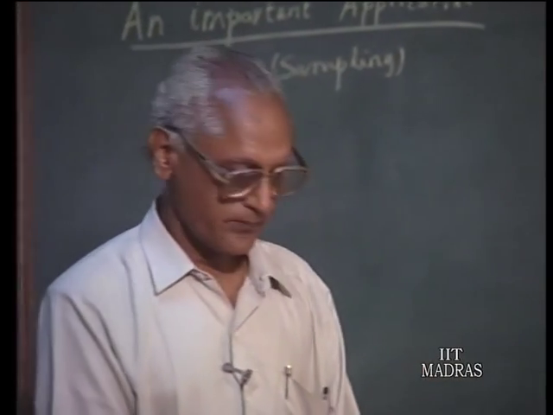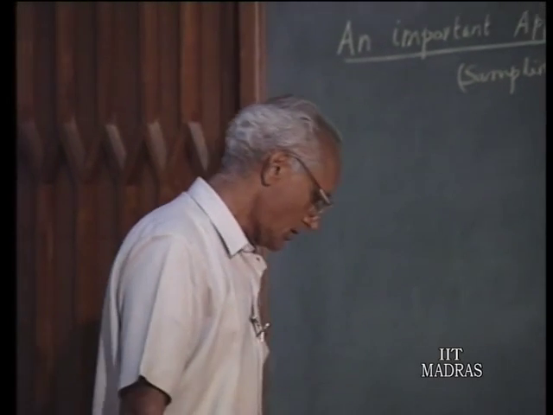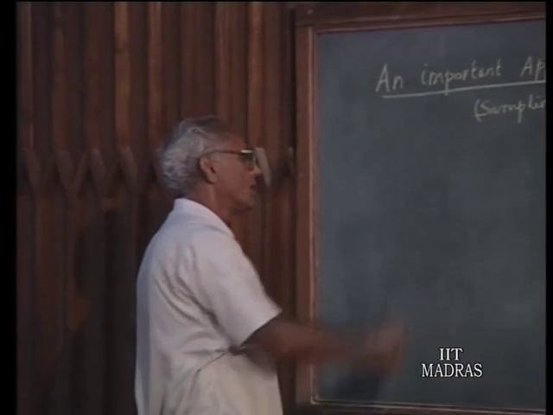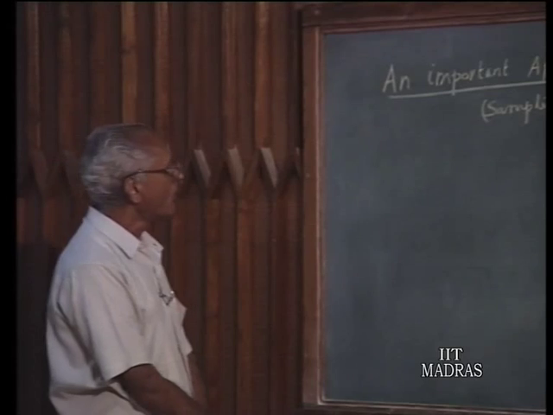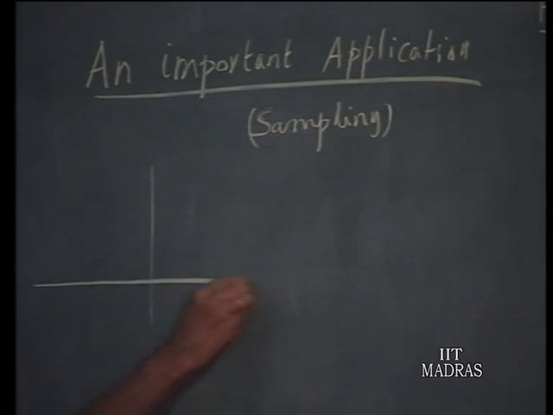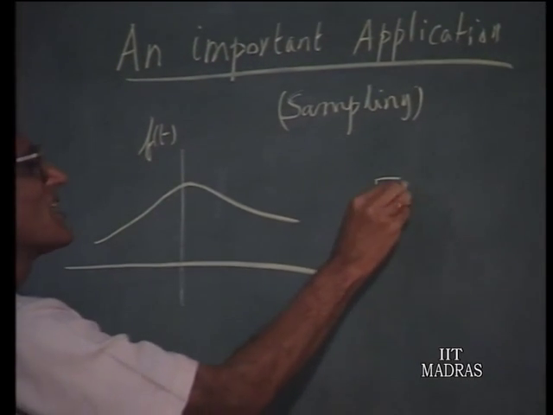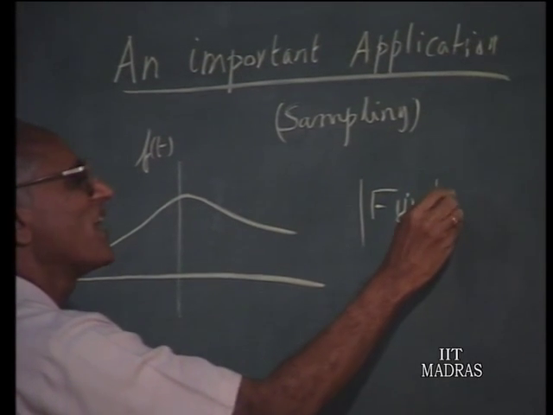As an illustration of the application of the Fourier transform method, let us consider one application which is referred to as the sampling theorem. Okay, let us consider a function of time like this, which is band limited, in that the Fourier transform for that is confined to